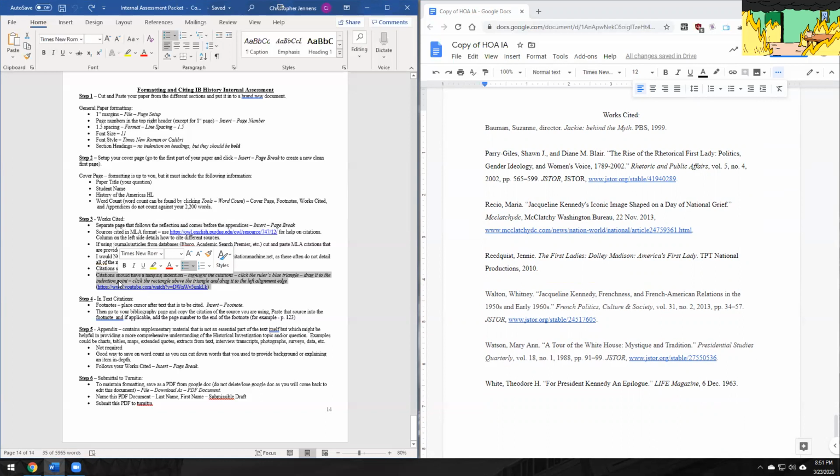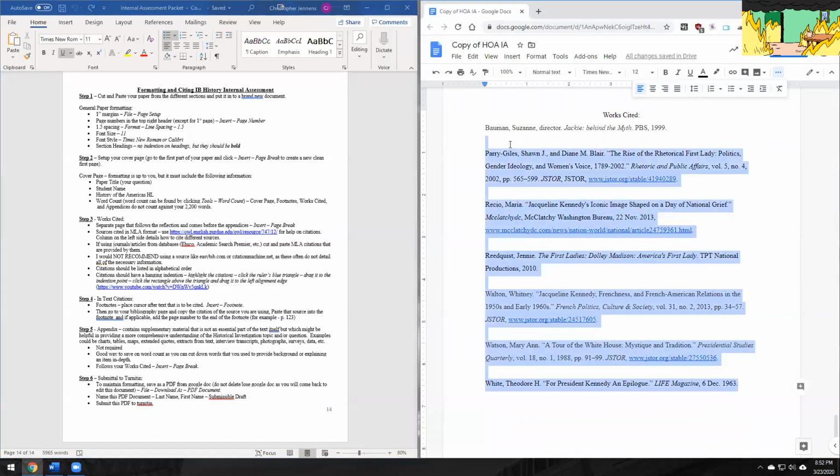And this is something that is a little bit difficult to do in Google Docs. I did provide a YouTube link on the IA packet directions, so if you go to this link, it will show you how to do it. I will try and do it here without screwing up. But essentially what you're going to do